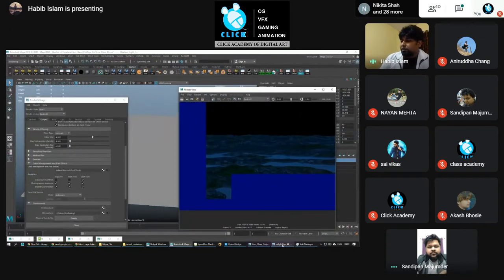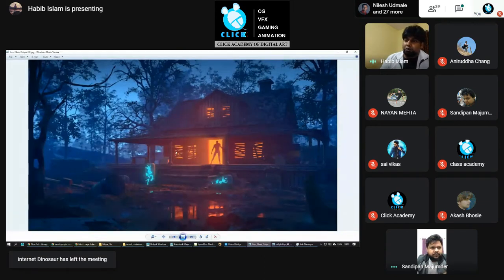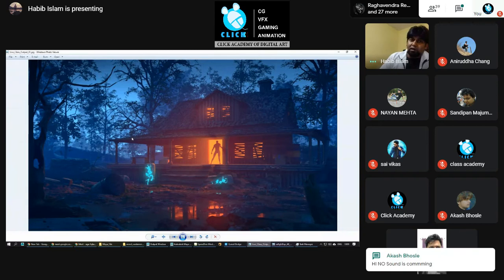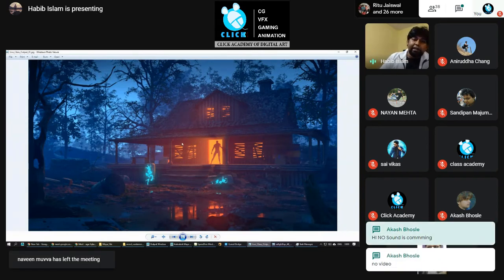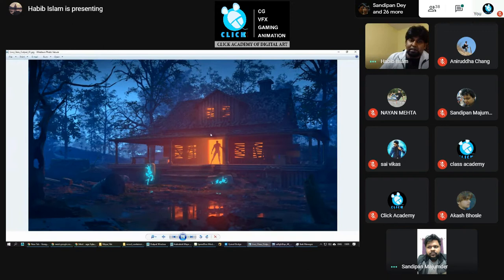If you want to model each and every part of this scene on your own, do the model of the tree in Maya, do the ground textures in Photoshop, then obviously it will take you 1 week to complete this whole scene, if you know each and every department. I am a lighting artist, I don't know much about texturing and modeling.